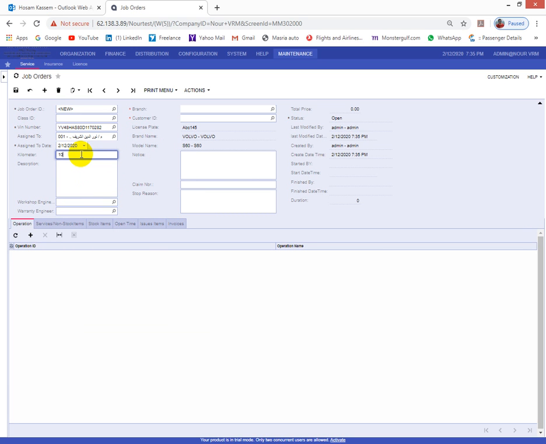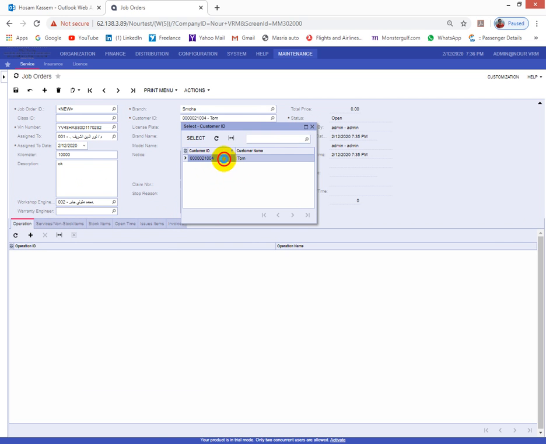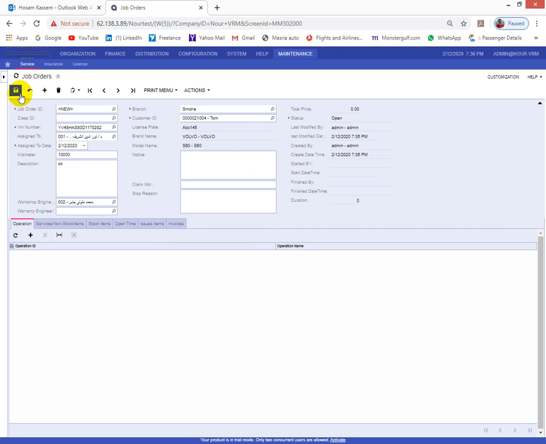and this is kilometer, let's say 10,000. Here we can add any description from the customer request. Workshop engineer, and this is optional for warranty engineer. Now we're going to select branch and customer Tom, and then save. We can check here the status for this job order: open and created by admin, and created date